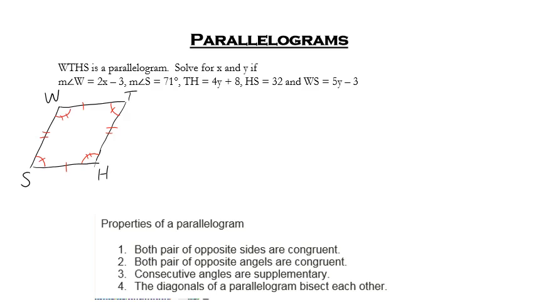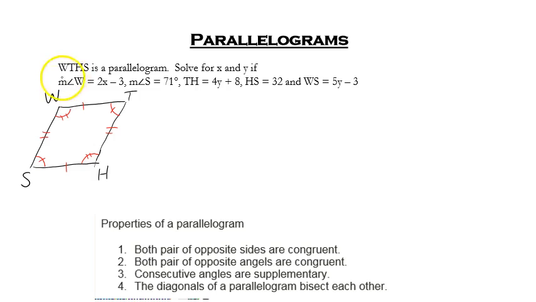Diagonals bisect each other, means if I draw this segment connecting S and T, and I draw the segment connecting W and H, those are my diagonals. In every parallelogram they bisect each other. That would mean this segment is congruent to this segment, and this segment is congruent to this segment. All four segments here are not congruent. Okay. So I'm going to get rid of those just so we can use our picture a little bit easier